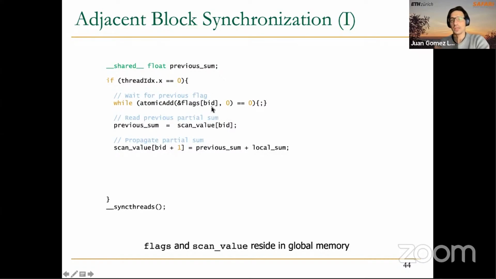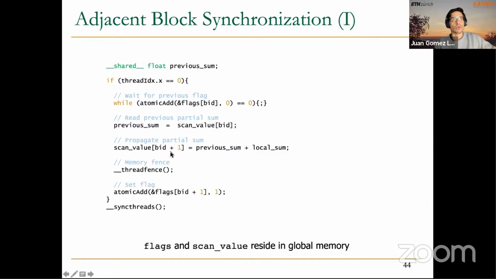When this flag is set, it can go to global memory to read one value that has been written by someone else, someone else that the thread was waiting for, and then uses it to add it to the local sum, that is the local reduction that we compute in the first phase of the algorithm, obtains a new scan value and writes it